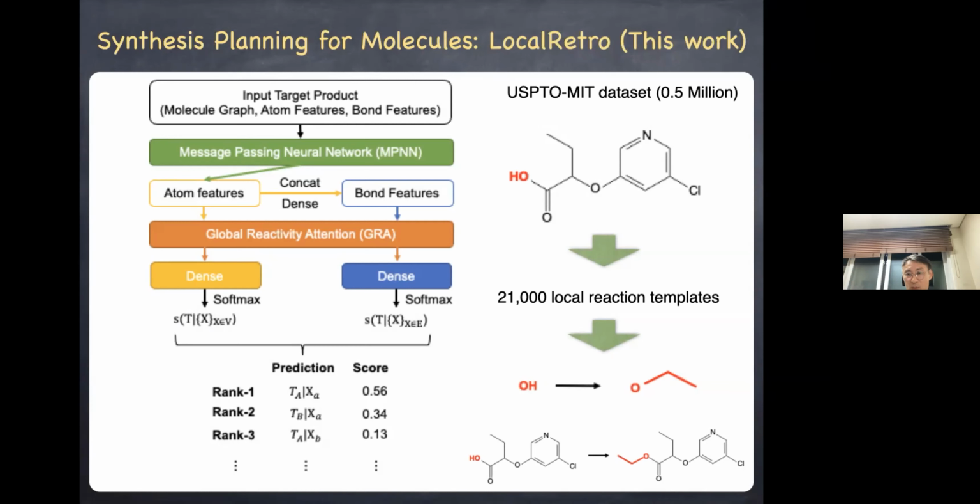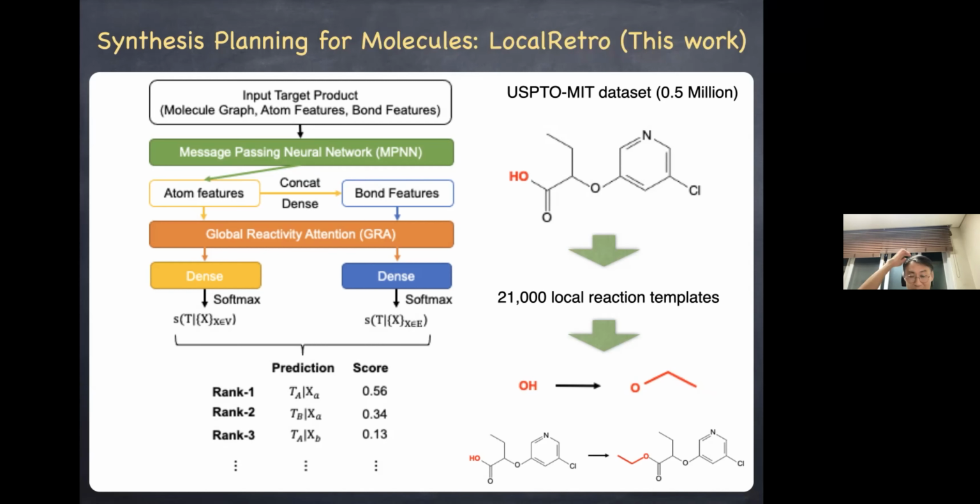This is one kind of reaction template, and you can derive about 20,000 of them by looking at these 500,000 reactions. Then you can train the model such that it predicts the conditional probability of each atom or bond going through different kinds of reaction templates. So the dimension of this prediction vector would be 20,000 times the number of atoms and bonds.